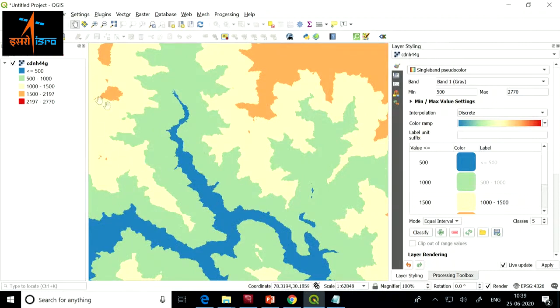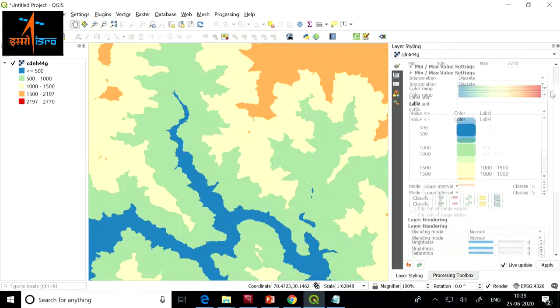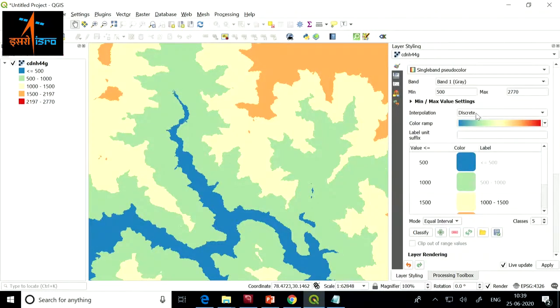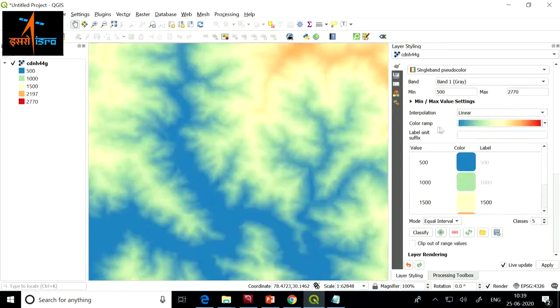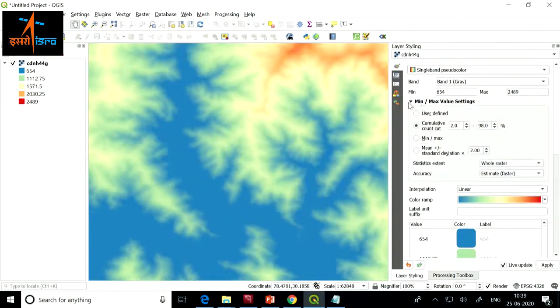Anything between 500 to 1000 is shown as green, 1000 to 1500 in yellow, and so on. You can change these classes. There are different modes of stretching. Everything is available. All you need to do is explore these different options. We'll currently keep it at linear and take the default values.